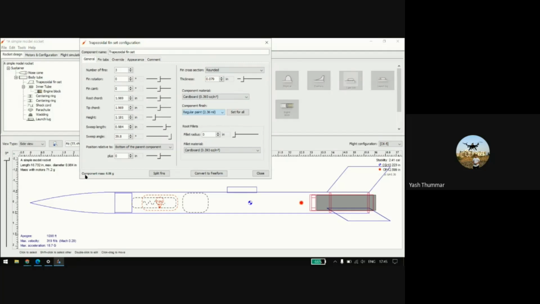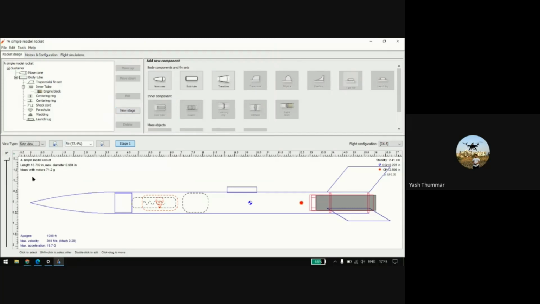Both of these change the mass here. So after adding all the stages and components, you will find the component mass here. After you complete the changes, you will find the total mass of this rocket with the motors here. So we'll take care of whatever mass constraints are given; there is no need to go more than this mass.